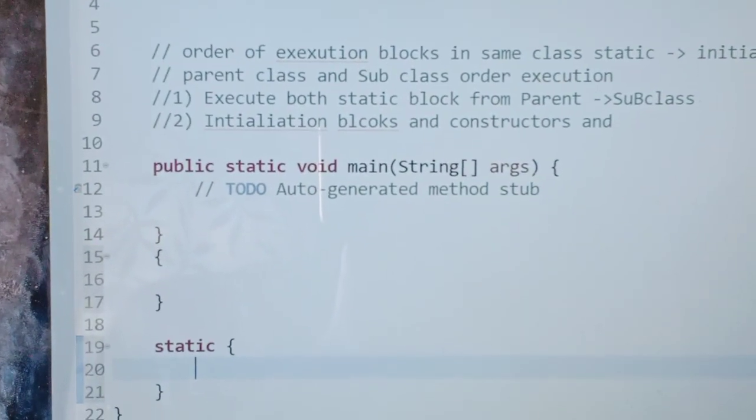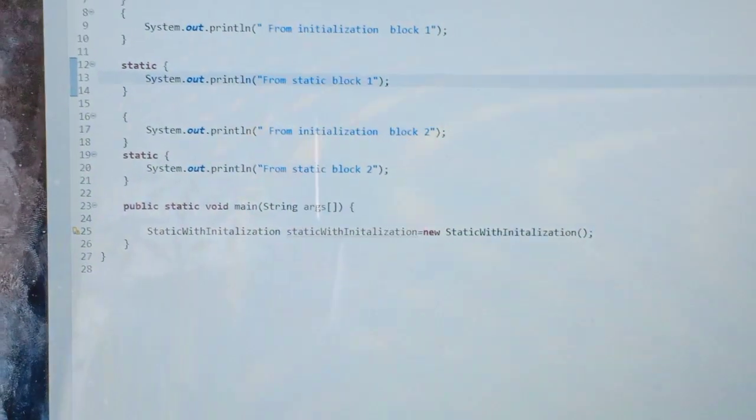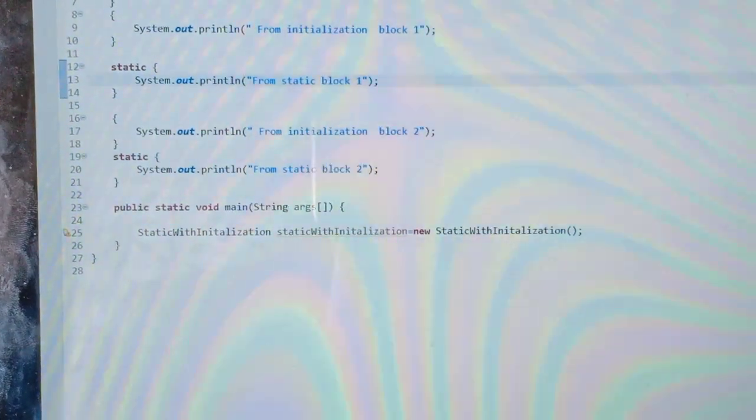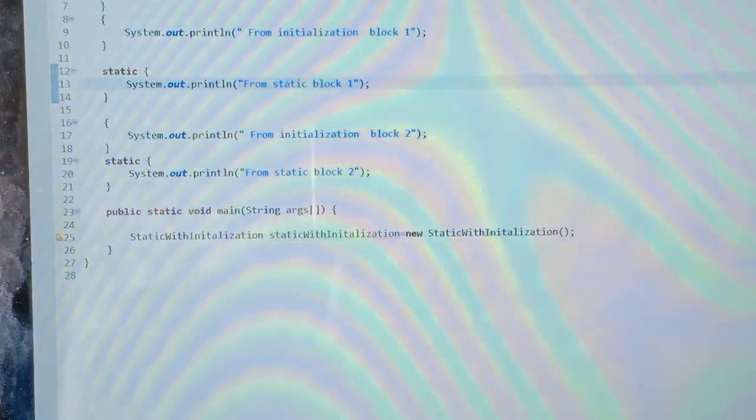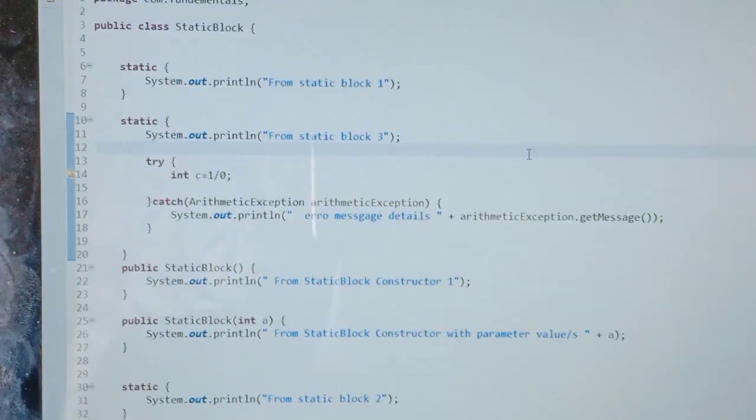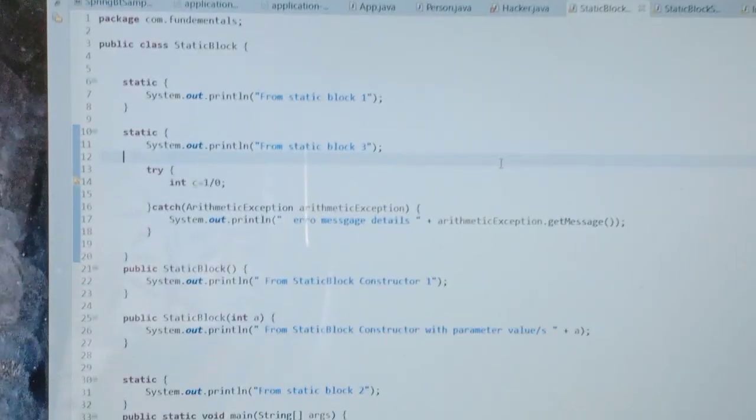So here I am defining one static block example. Before going to the class level, I am giving a brief overview of the static block.